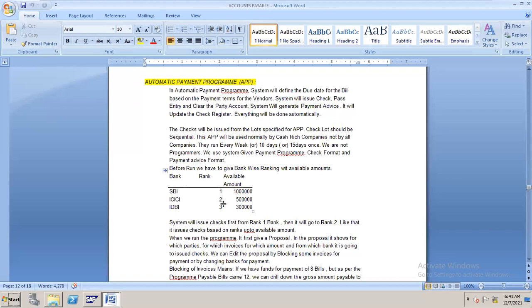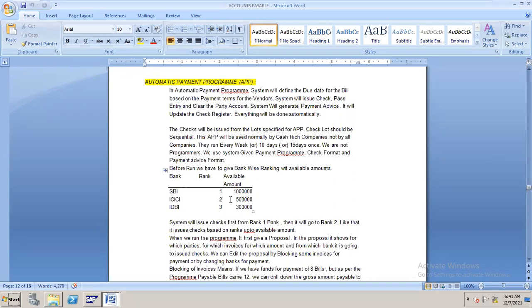When the end user runs this APP program, first the system uses the SBI house bank, then it goes to ICICI, then after finishing that amount, it goes to IDBI. By default it uses that, but even if he has an amount in SBI, the end user may want to use ICICI or IDBI instead.